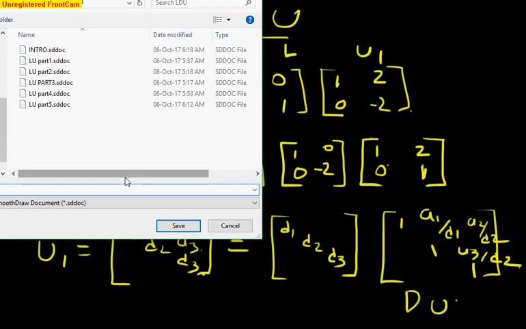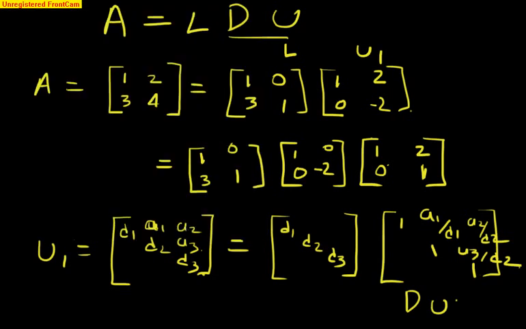Hello friends, our today's topic is triangular factors. Friends, in this topic we will see how to factorize a matrix A into lower triangular and upper triangular matrices. A lower triangular matrix is a matrix whose elements are below the diagonal. Suppose this is a matrix. This one is the diagonal of the matrix, and the elements above the diagonal, for example,